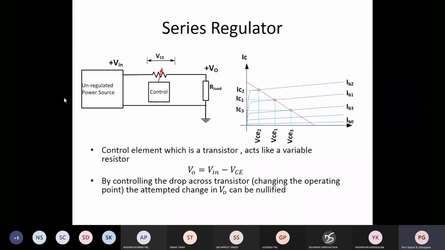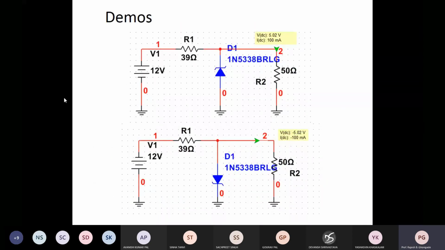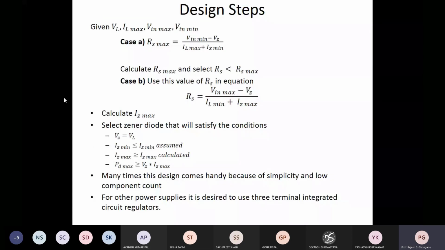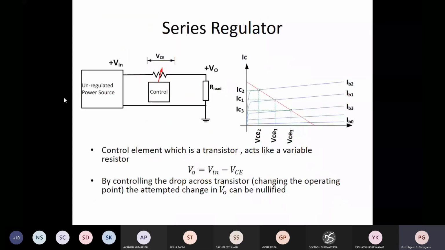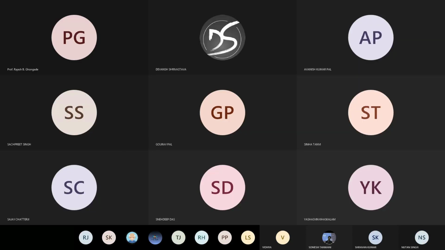Okay, and then we had started with the concept of series regulator. Now, in contrast with the shunt regulator, in the series regulator we have the control element which is in series with the load. So this is basically what is interesting. That is the reason why it is called a series regulator. And you can see here, very simple to understand this concept, I'll just switch back to the OneNote page so that it becomes easy for me to demonstrate some things.